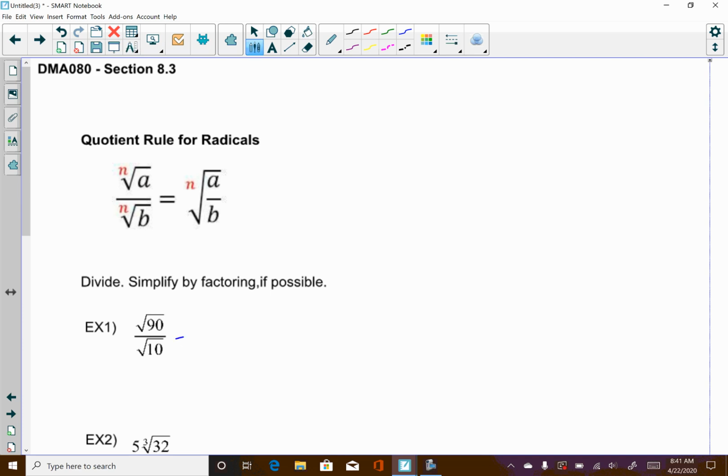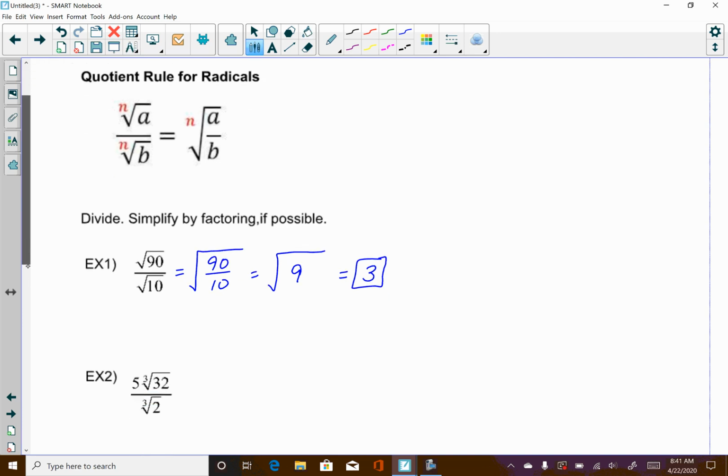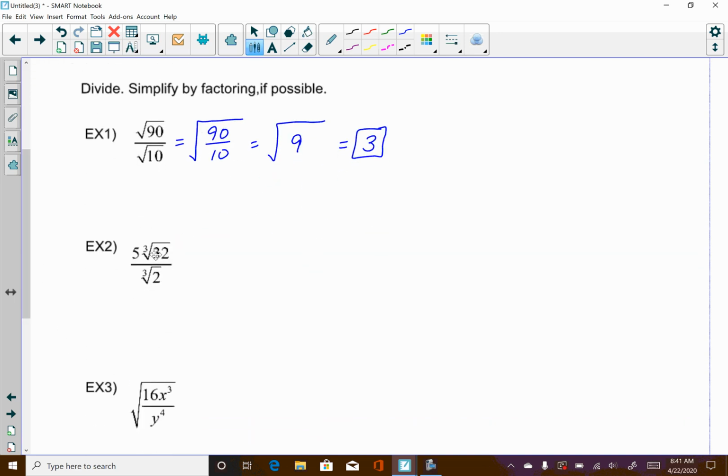So the square root of 90 divided by the square root of 10, so 2 square roots is the same as 1 big one, so 90 divided by 10. Okay, well, we can simplify that further. 90 divided by 10 is just 9, and the square root of 9 is 3. Hopefully very straightforward on that one. The next one, you've got a cube root divided by another cube root. The 5 is just going to stay on the outside, and then it will be the cube root of,